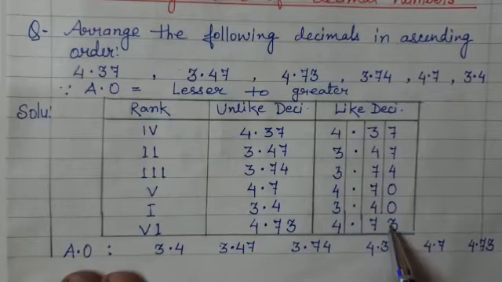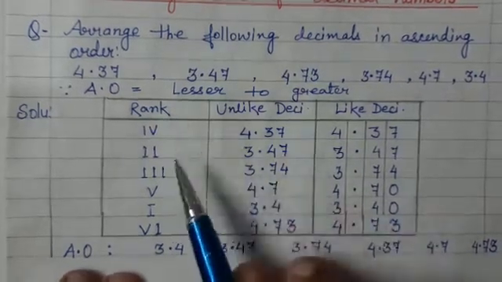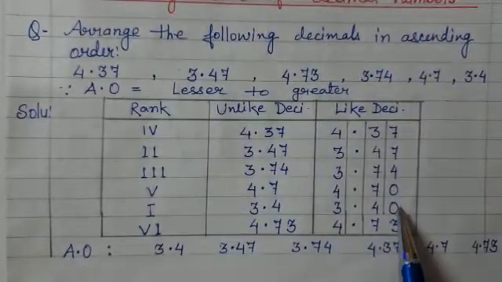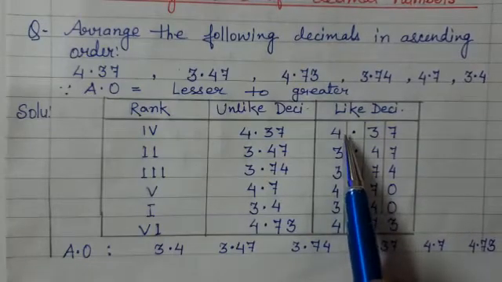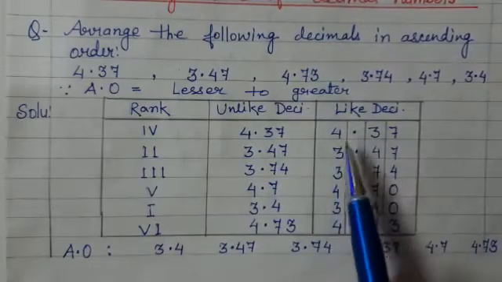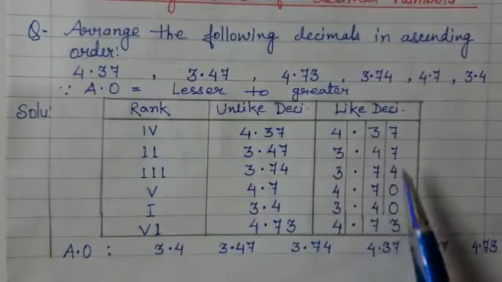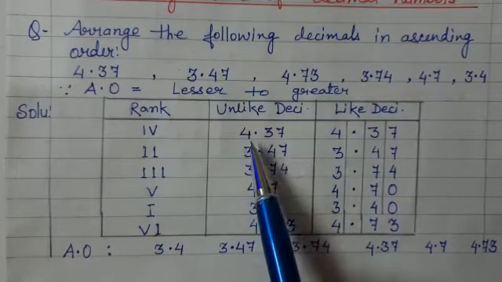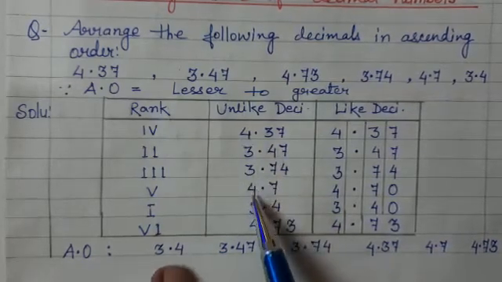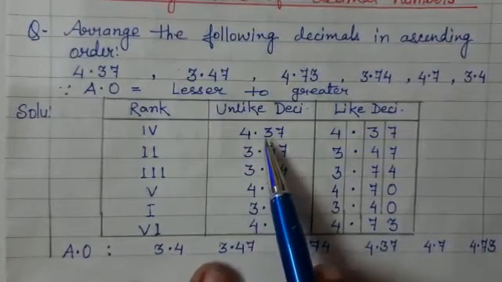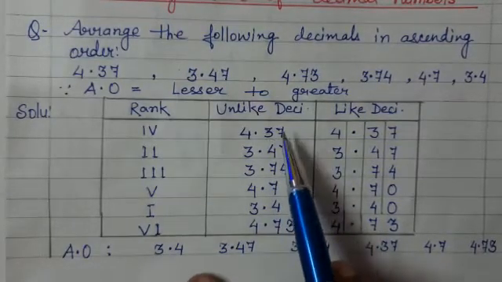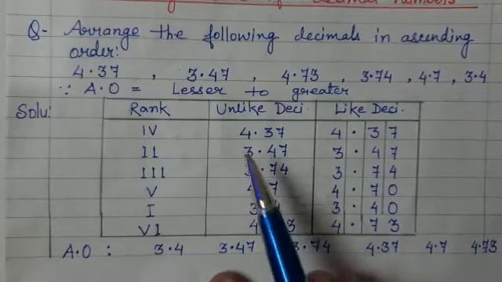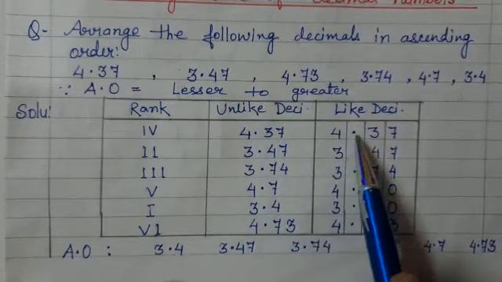Okay. So whenever you compare or arrange numbers in ascending or descending order, you have to make the chart in your copy. Especially in the third column, you have to arrange the numbers according to the place in this way. Now look here. First of all, the numbers given here have a maximum of 2 decimal places. So we have to convert each and every decimal number to 2 decimal places. It already has 2 decimal places, 4.37.